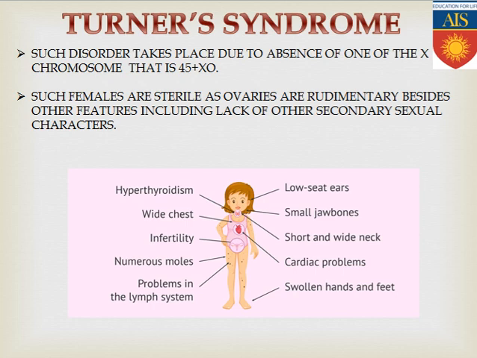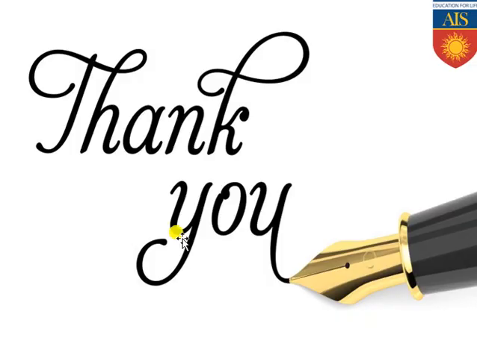So these are the three different types of syndromes or diseases which are related with the aneuploidy and euploidy conditions, and we have already discussed these syndromes. So with this syndrome, this chapter is finished. Thank you everyone. I think you have seen the previous videos also, and please watch this video to get a proper concept regarding the last part of the chapter, regarding various kinds of genetic diseases.